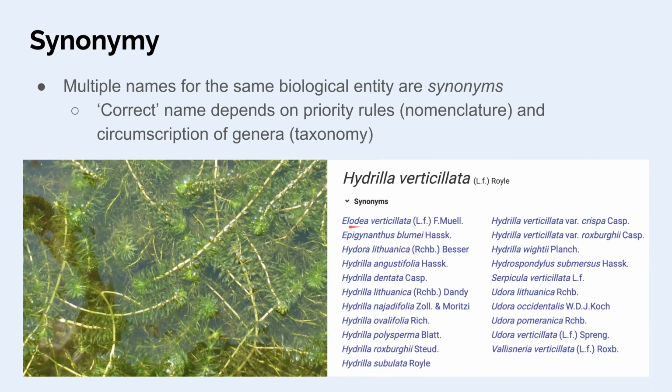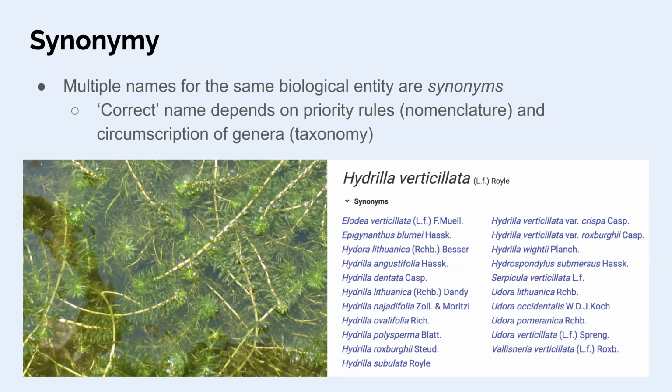So at one point it was assigned to this genus Elodea. This is still an existing genus. Some of these genera, as far as I know, they were only assigned for this species, so they don't exist referring to anything that we consider a species in its own right now. So Epigenanthus, Hydora, Hydrilla, obviously lots of species contained within Hydrilla, Hydrospondylus, Serpicula, Eudora, Vallisneria. So it's had a lot of attention over the years, but ultimately those names all refer to the same species,